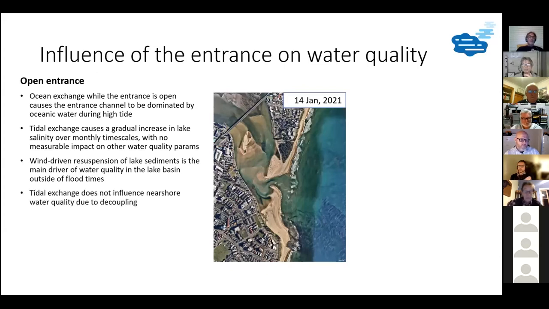The tidal exchange. Sorry, Angus. Wind-driven resuspension. Just make sure we understand what you're referring to there. Oh, okay. So what I'm referring to there is